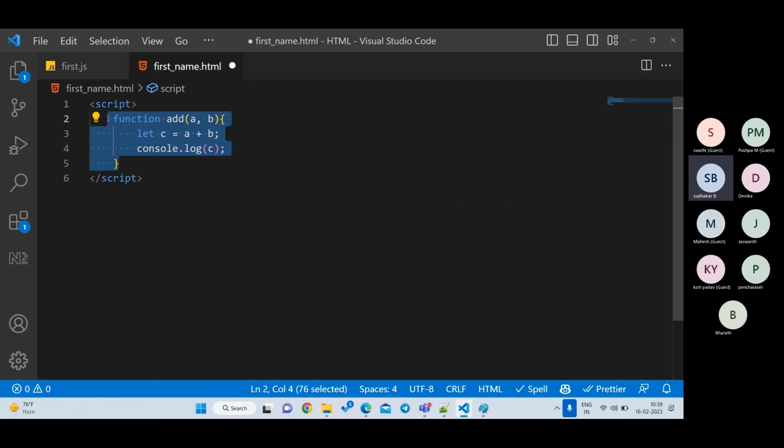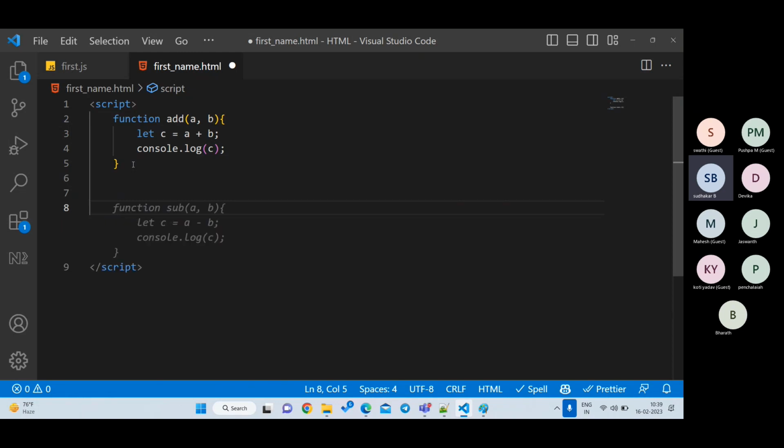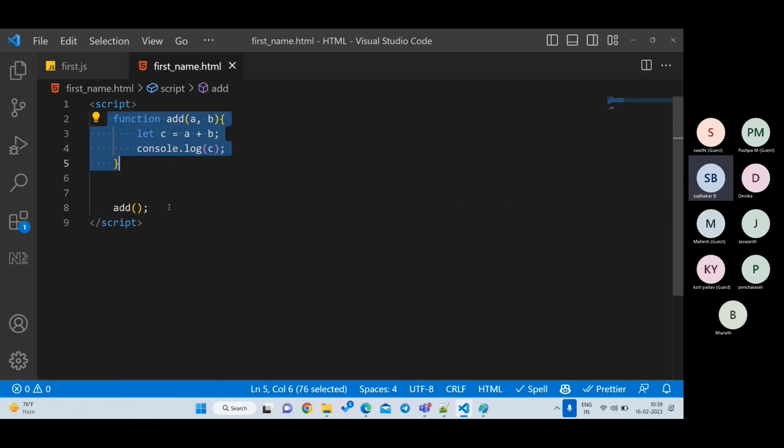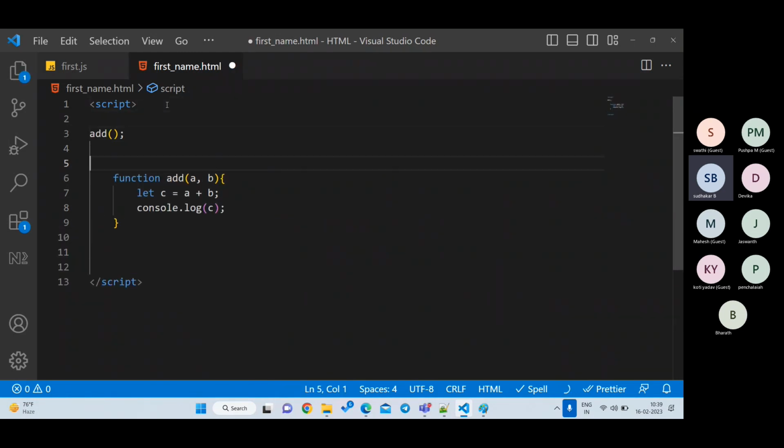Everybody knows what this is, right? I want to print the output. Tell me how to print the output. How to print it? Add method. Okay, so now first I am declaring a function, then I am calling it, right? So this is okay. Now what I will do is reverse. First I will call this one, and I am going to